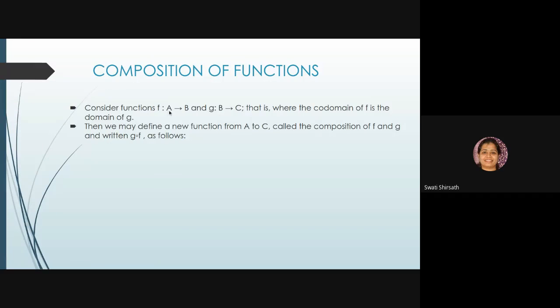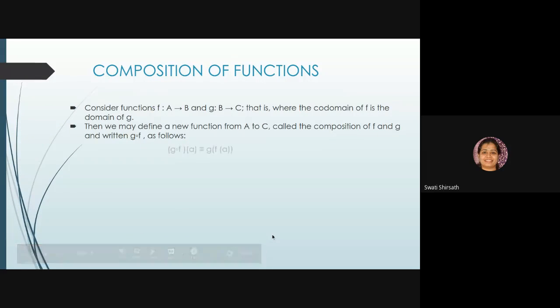Okay, and the mapping is from A into C, because this f is your input to g. So whatever is the input of f, that should be the domain of your g of f. Are you getting this? And that is why the domain of f is A, and whatever is the codomain of g, because we are getting output from this g, and that is why this C is our codomain for g of f.